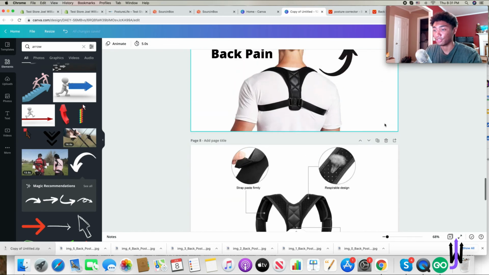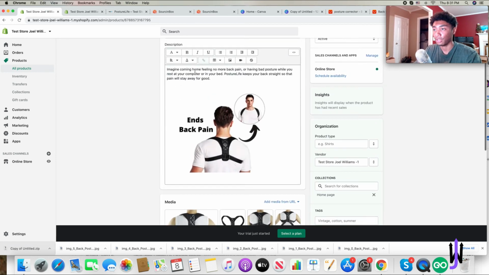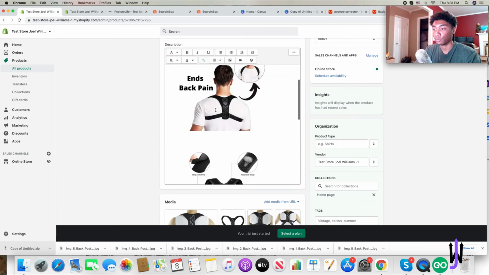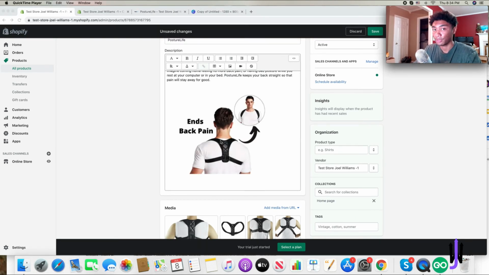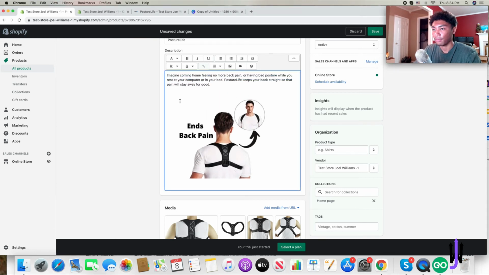So I got these images here. I went ahead and downloaded them. All you guys got to do next is go to your product here, and then you can insert the images right here as well. And then what you want to do in between these images is have a short description describing that infographic. For the first thing that we're going to do, we're going to be talking about the benefits. So all you guys got to do, once you guys have an image here,